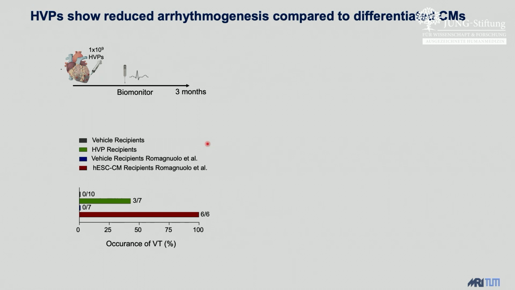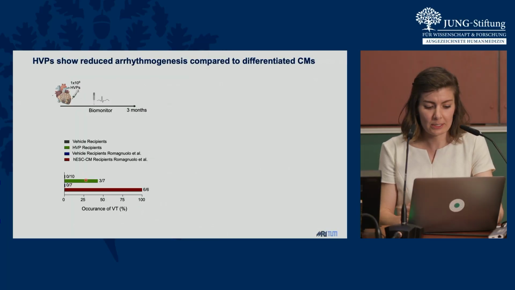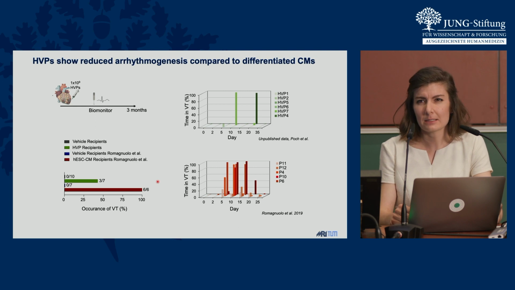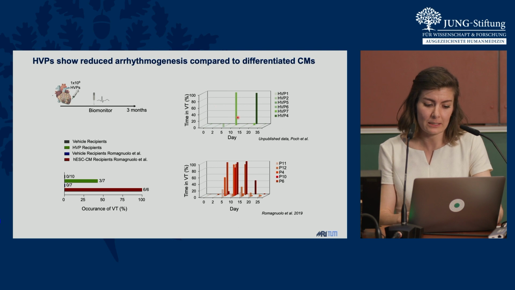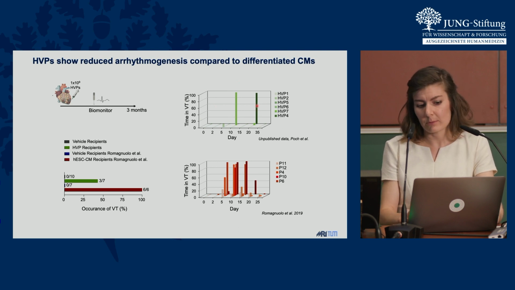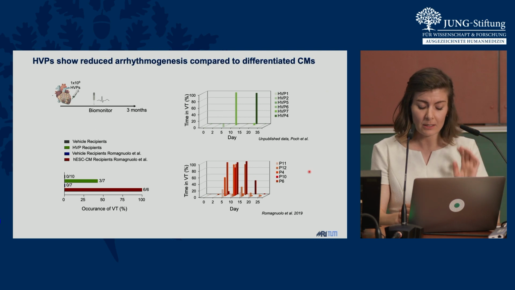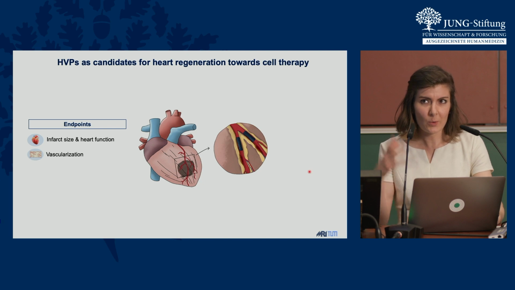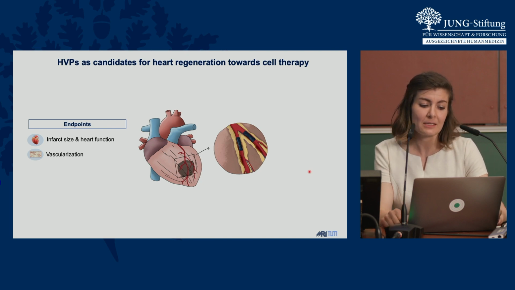And we have seen that already the number of pigs that developed a ventricular tachycardia, here called VT, was drastically lower in our HVP-treated animals than in the cardiomyocyte-treated animals. But more strikingly, the time that these pigs spent in VT, in arrhythmia, was significantly lower in our HVP-treated animals than in the cardiomyocyte-treated animals. So from what we know and what I've shown you so far, HVPs seem to be a great